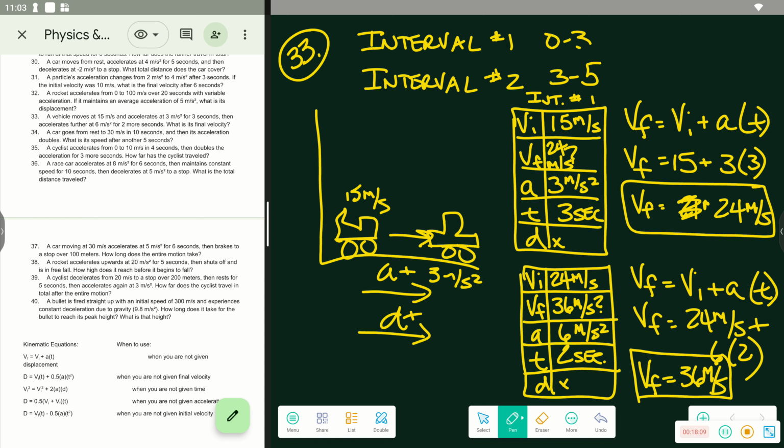So what you have to do is pay attention in the problem itself and see if there is any change in velocity. If there's a change in velocity, that means there are going to be intervals. With those intervals, you have to do each interval to be able to get to the final answer. Okay, so let's do